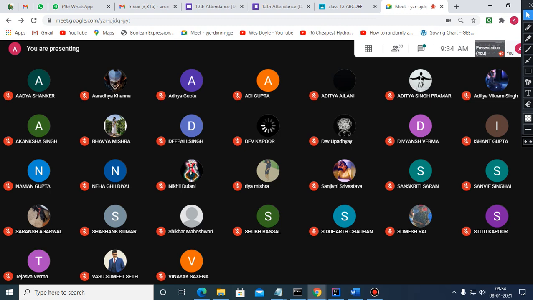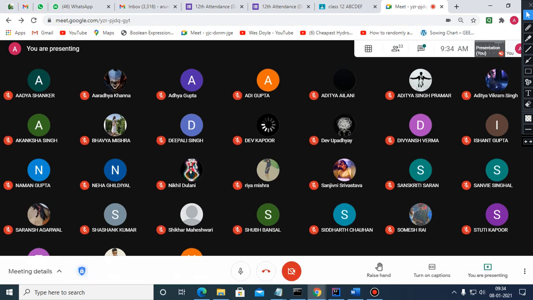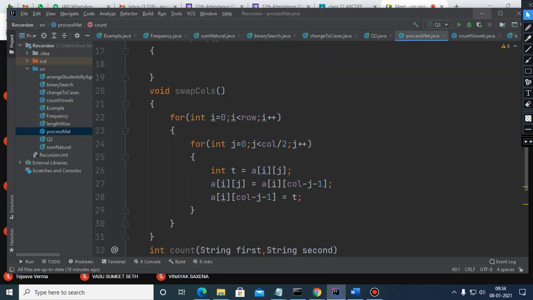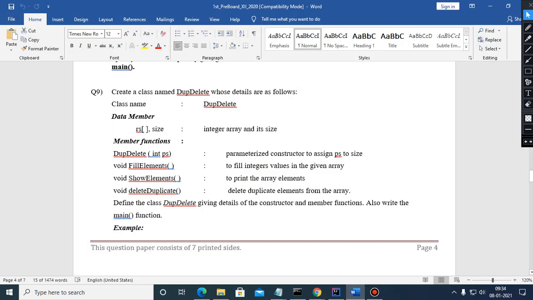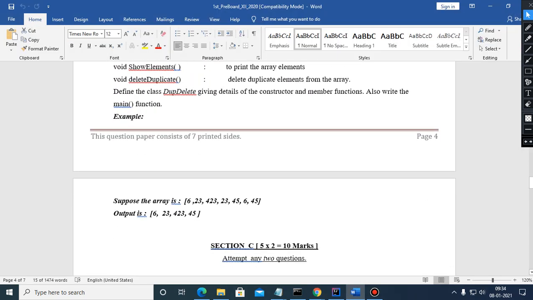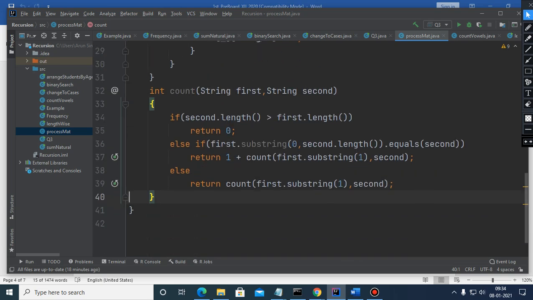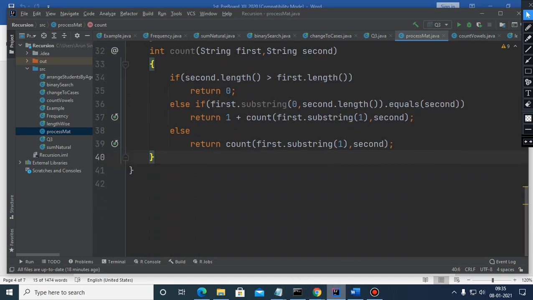So if you wish, since it is already 9:45, I will explain this question. Otherwise, I will explain this question later on. Because I think for deletion, you just need to have, if you write this duplicate deletion code,